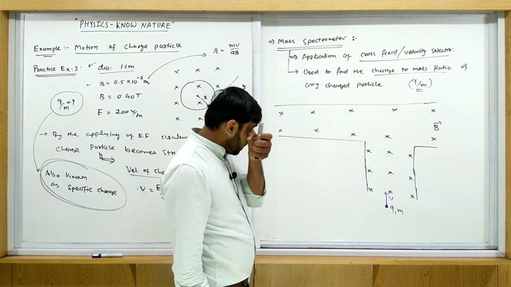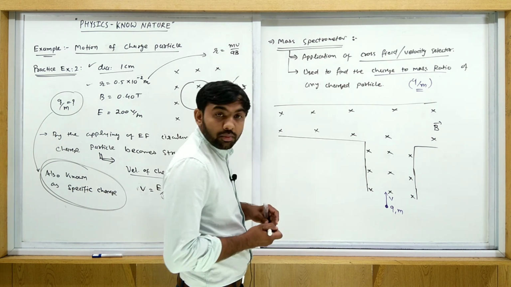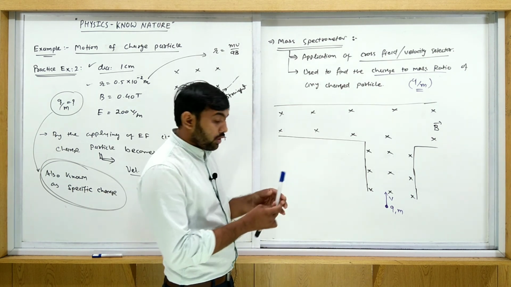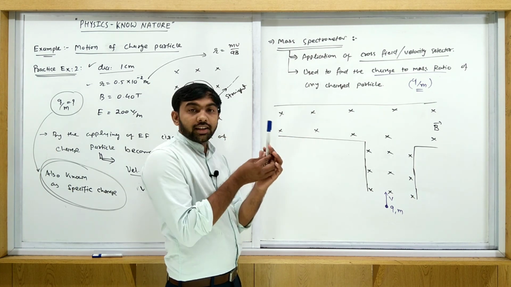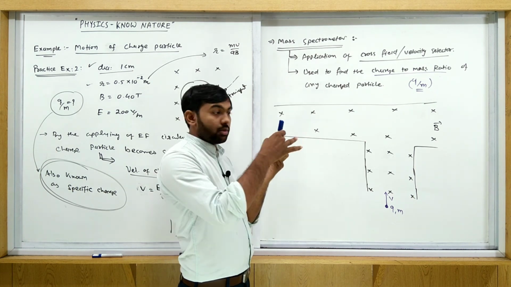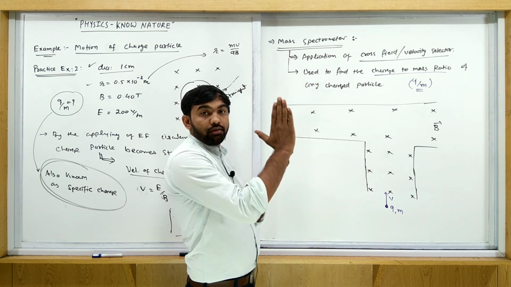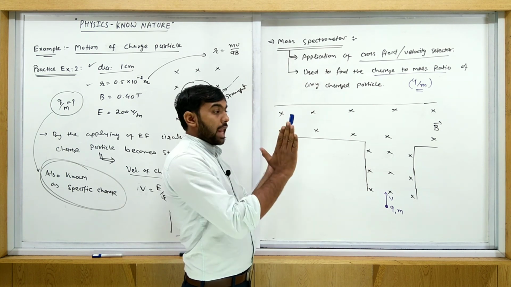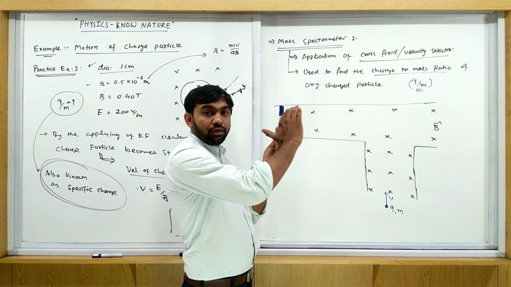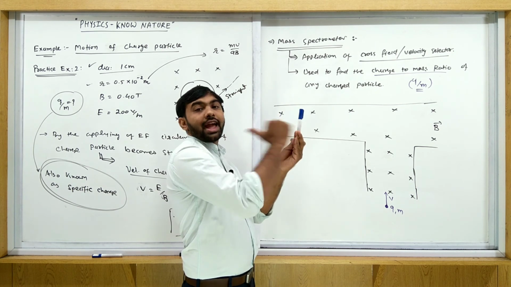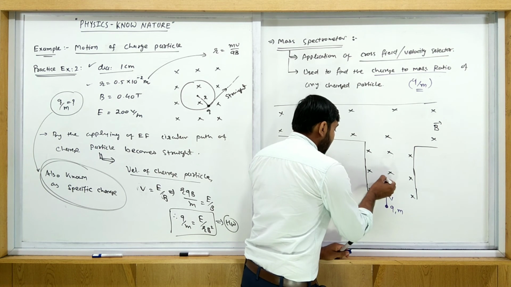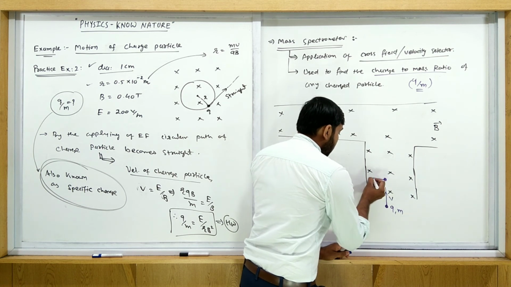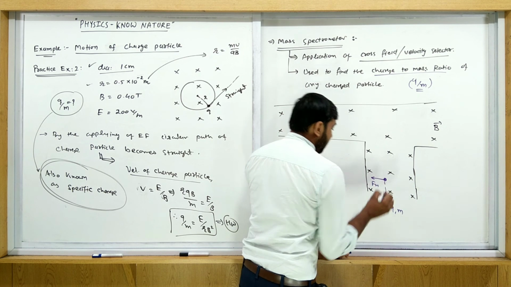Okay, so what happened here? Some force is produced, magnetic force. In which direction? See, upward velocity, and this one is the magnetic field. Use the right hand thumb rule. Arrange the right hand parallel to velocity and curl your fingers towards B. So this is the direction of the magnetic force on this one. When the charged particle just enters here, this is the direction of magnetic force.